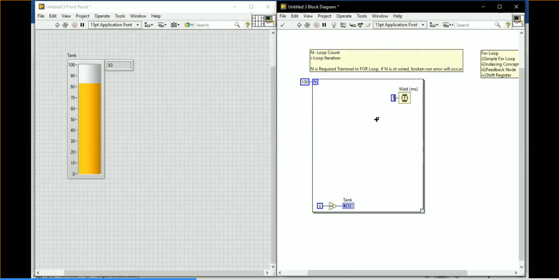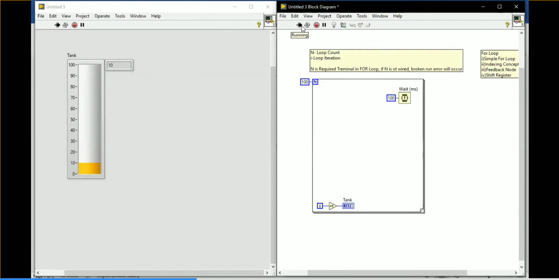Kindly make it 100, that's a better thing. So this is one way to make the program raise the tank to the value 100. Is there any other method available? You can make use of that to make the value 100. So that's it, the value will be filled up to 100.